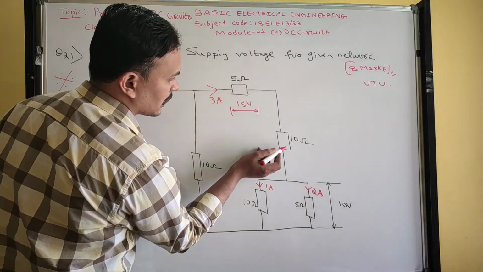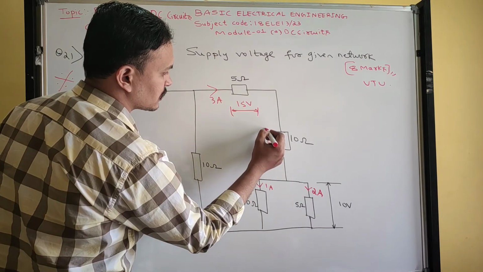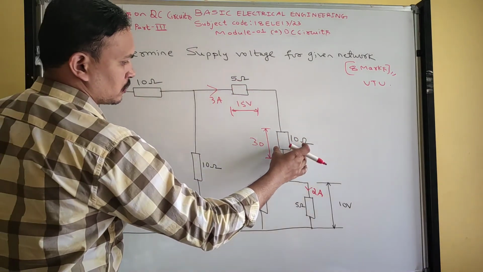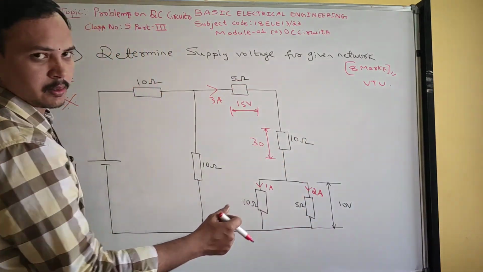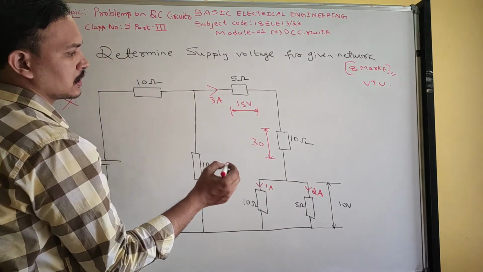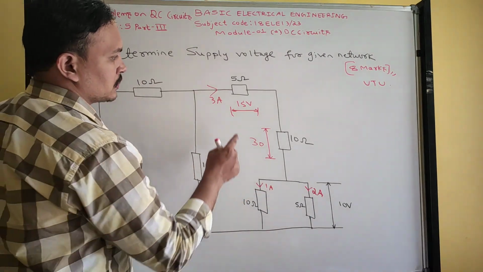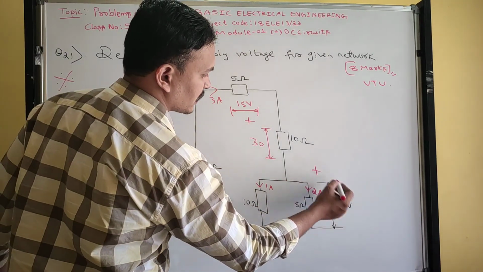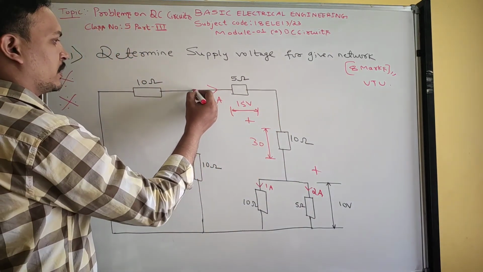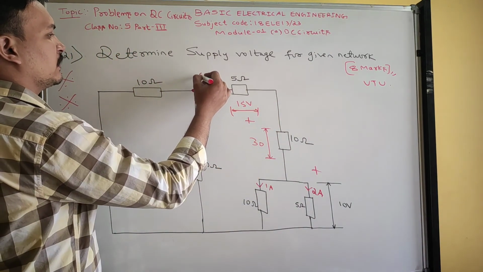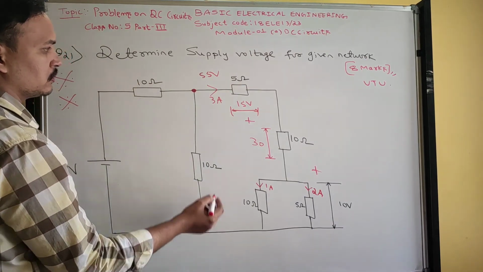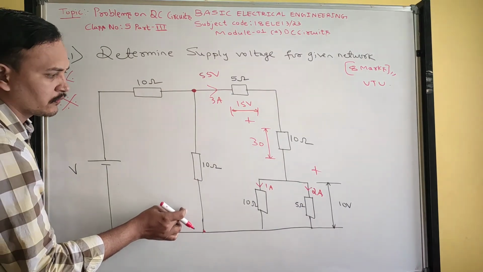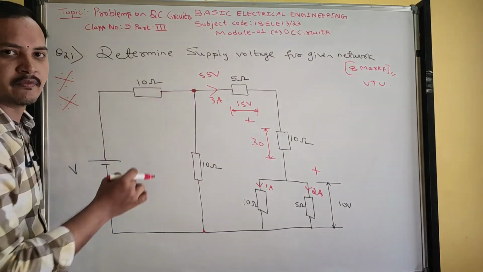Now same 3 ampere current comes here. What is the voltage across this combination? Okay, 30 volt. Now 5 ohm resistance, 10 ohm resistance and this overall combination will become one resistance. All are connected in series. Therefore we can add the voltages. So by adding this voltages, 15 plus 30, 45, 45 plus 10, 55 volt. So what is the voltage at this point? 55 volt. Okay. Now this whole network is in parallel with this 10 ohm resistance. Therefore for this 10 ohm resistance, voltage will be 55 volts.